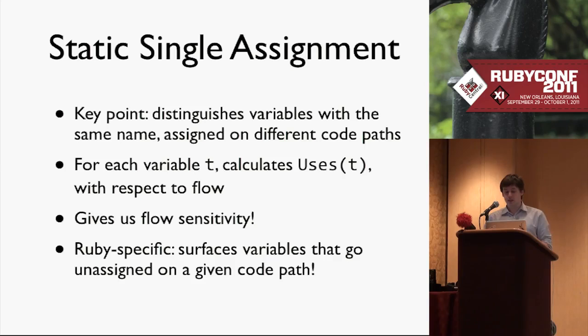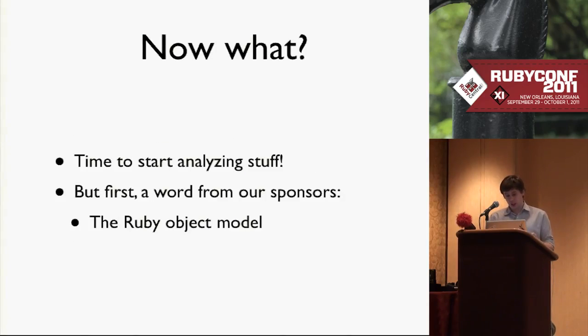on different code paths. For every variable, it also simultaneously calculates where it's used with respect to flow, which gives us the flow sensitivity, which makes this powerful. And in Ruby, while I'm doing this, it just so happens that's the perfect time, pretty much the only time, when you can easily figure out when a local variable can be assigned conditionally on one path. So that's how I actually surface that information. All right, so now we're ready to start